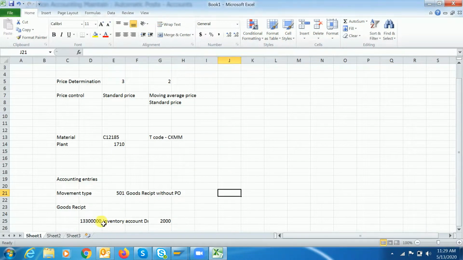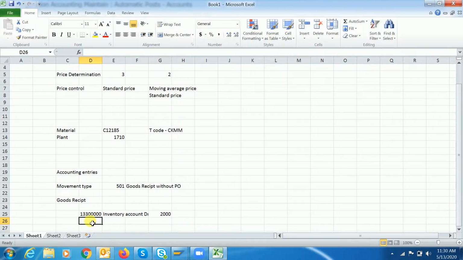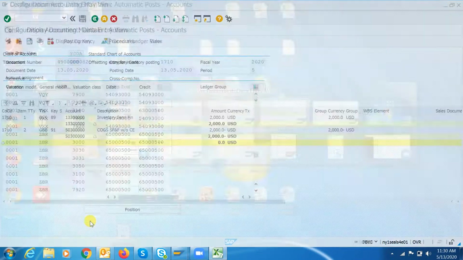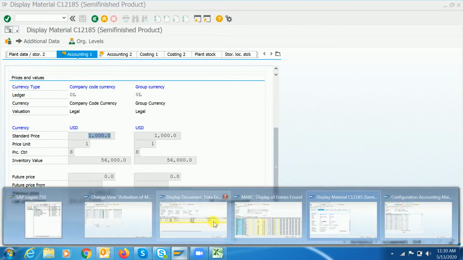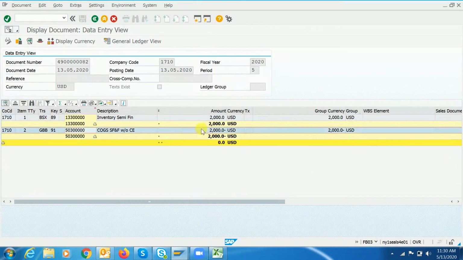This is how it will pick the debit account, guys. The same way the system will pick this account as well, and it will be posted to debit itself. Sorry, credit.